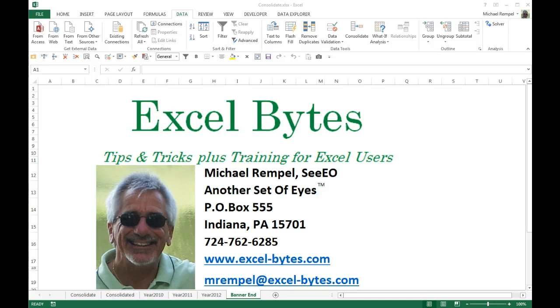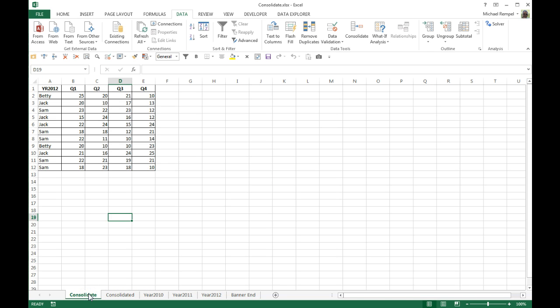Today we're going to take a look at Consolidate in Excel. And we're going to look at three different options of Consolidate and how it all works. So here's the first